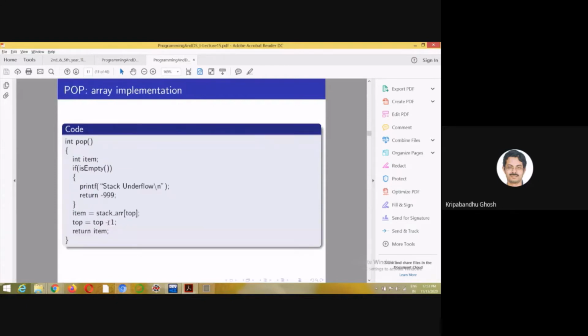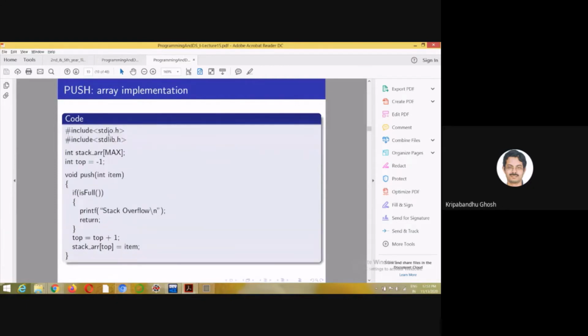Otherwise, it will return 0. In the code, I have taken a global variable, though I asked you not to use global variables, but for the sake of simplicity, I've used a global array, which is basically the stack. And I'm going to implement the stack using this array. And another global variable, top, which is -1. So first I check if it is full or not. To be full, top should be max - 1. Suppose I set max to 100. If top is equal to 99, then it is full, and it will not push anything.